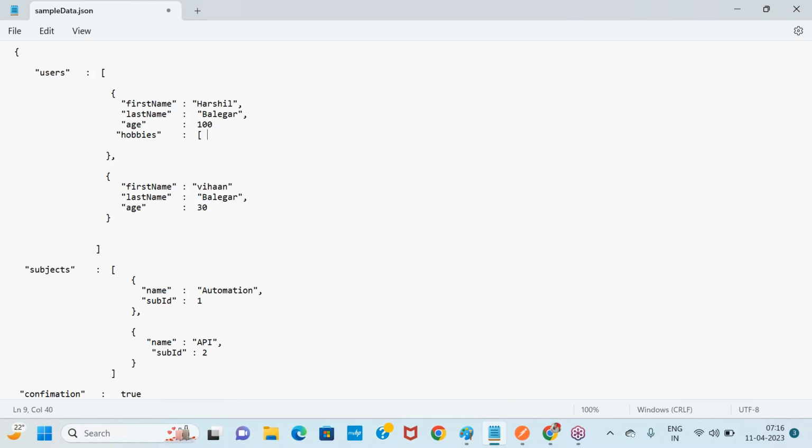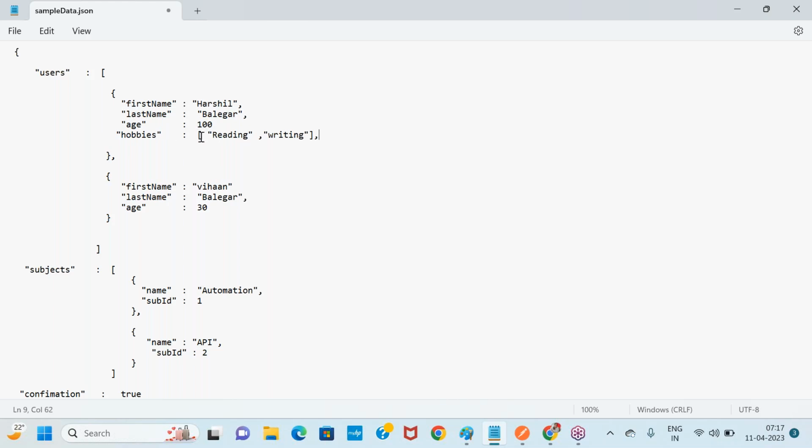So let's specify all the values in a single variable, like reading, writing. Like this. So now my data contains a string, my data contains an integer,